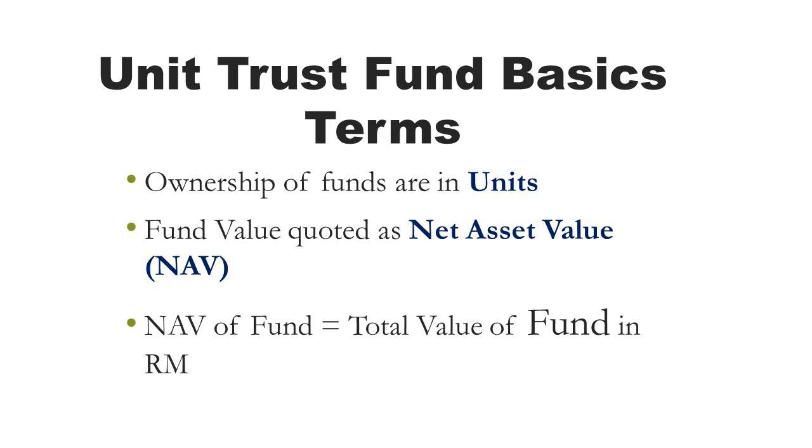And the total NAV will be in ringgit. 1 unit at 10 cents multiplied by 1 million units. How much? 10 cents times 1 million units, 100,000 ringgit. If the unit becomes 1 ringgit, with 1 million units, you have 1 million ringgit. As simple as that. So the unit price multiplied by your number of units will become your ringgit value. Unit price times number of units equals your ringgit value.